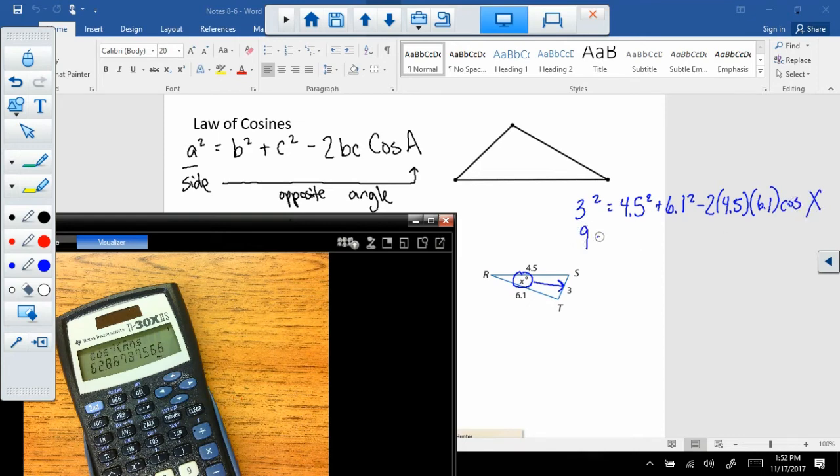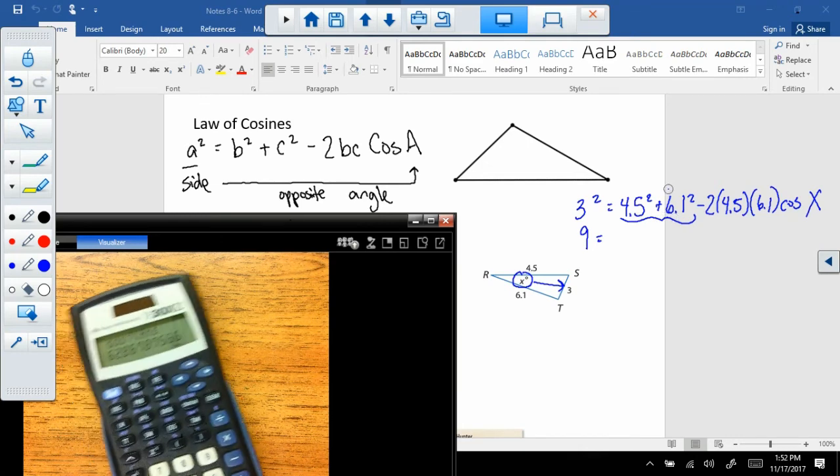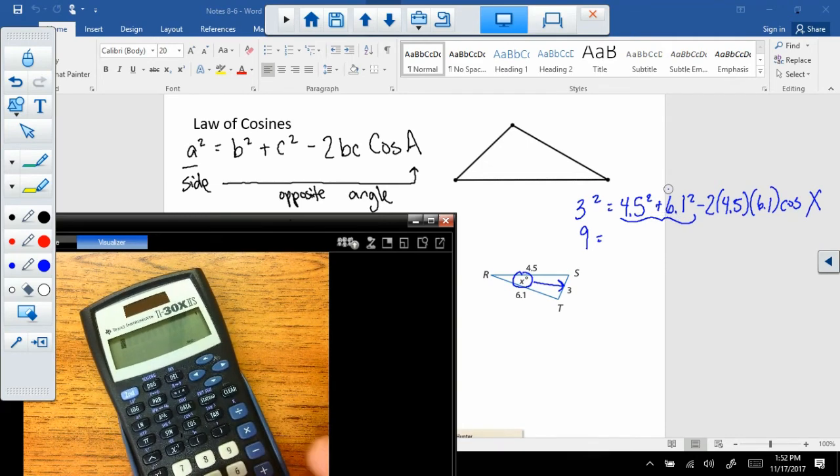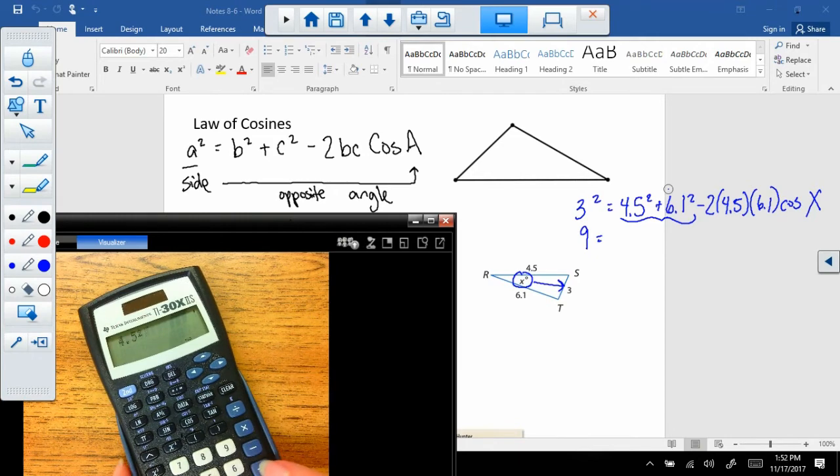So 3 squared is 9. You could actually, instead of finding out what these two are separately, just do all of this part on your calculator. So I could type in 4.5 squared plus 6.1 squared,